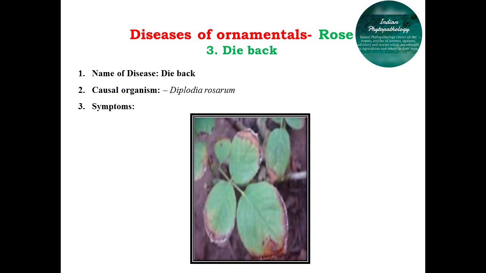The infected portion becomes brown to dark in color. This infection also spreads from the twig to the main stem, and near the root also gets killed due to infection by this pathogen. Older plants are most susceptible to attack of this disease. This fungus contains pycnidia in the dead twigs. These serve as a primary source of infection, and the secondary source of infection is through airborne conidia.